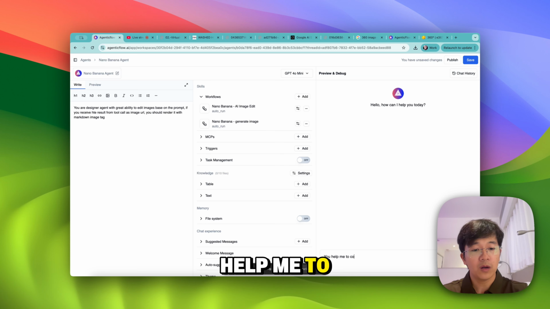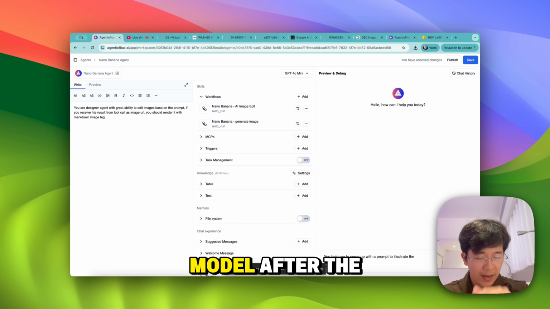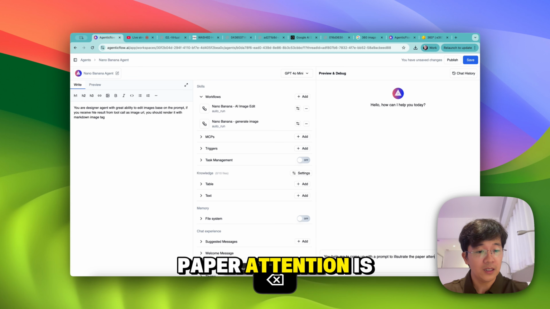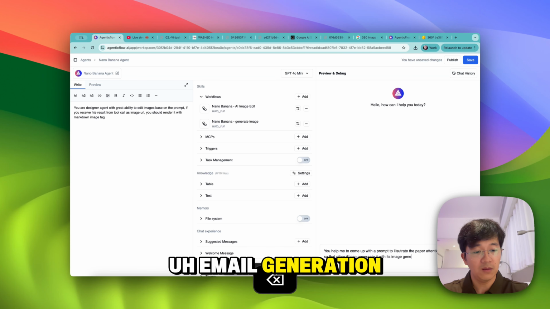Help me come up with a prompt to illustrate the paper attention, so that the AI can generate the image.